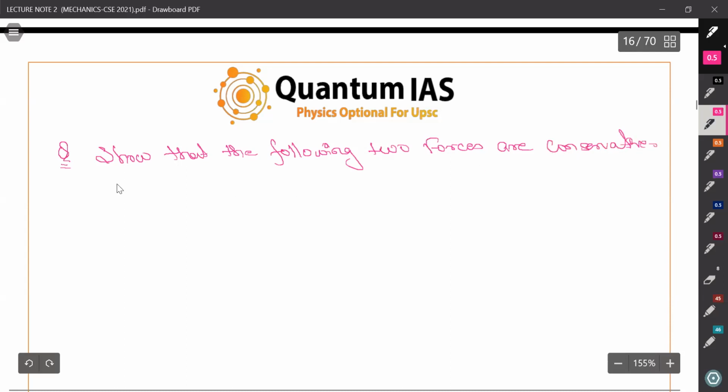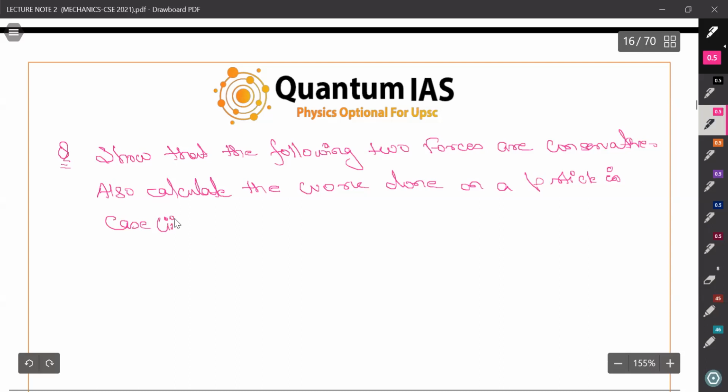Also calculate the work done on a particle in case 2